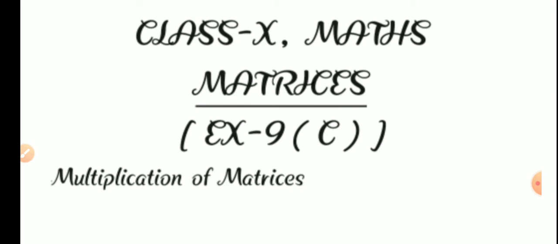In the last videos I told you how to add or subtract the given matrices, and what the condition is for adding and subtracting them. I told you if you want to add or subtract, then the order of the given matrices should be the same, then they can be added or subtracted. If orders are not the same, then they cannot be added or subtracted. Here it is not so. Here the order may be different, but what is the condition for multiplication?